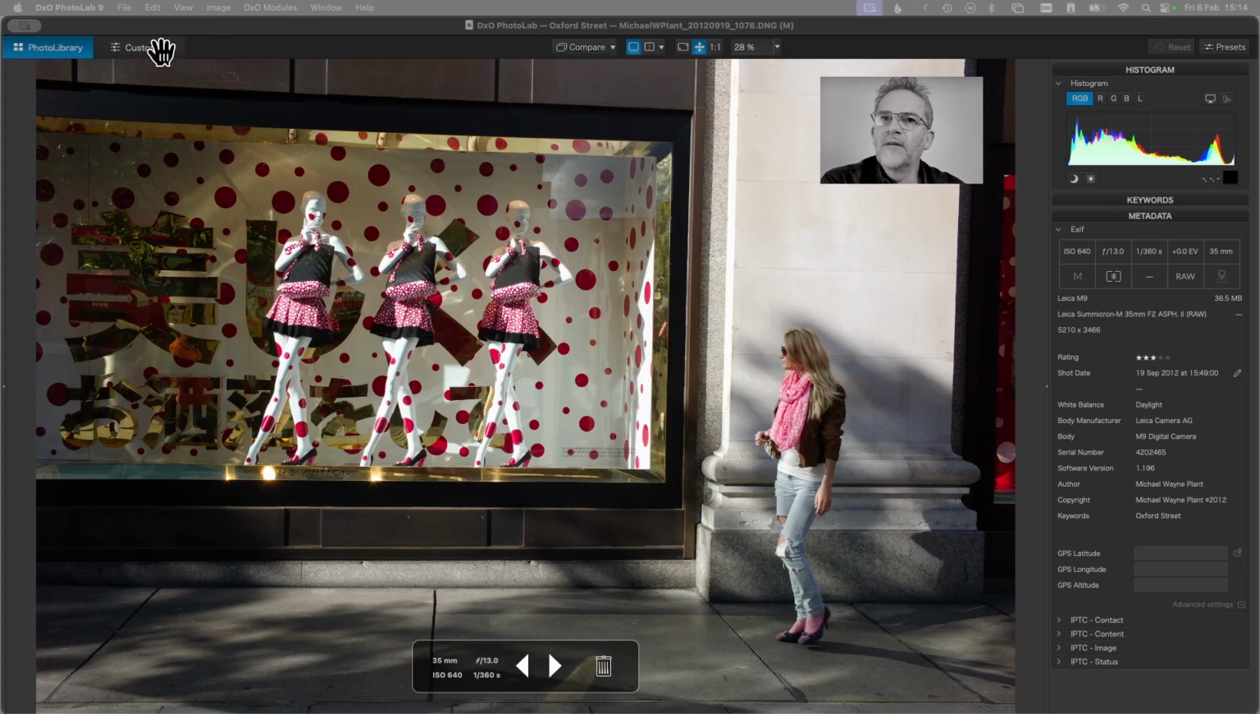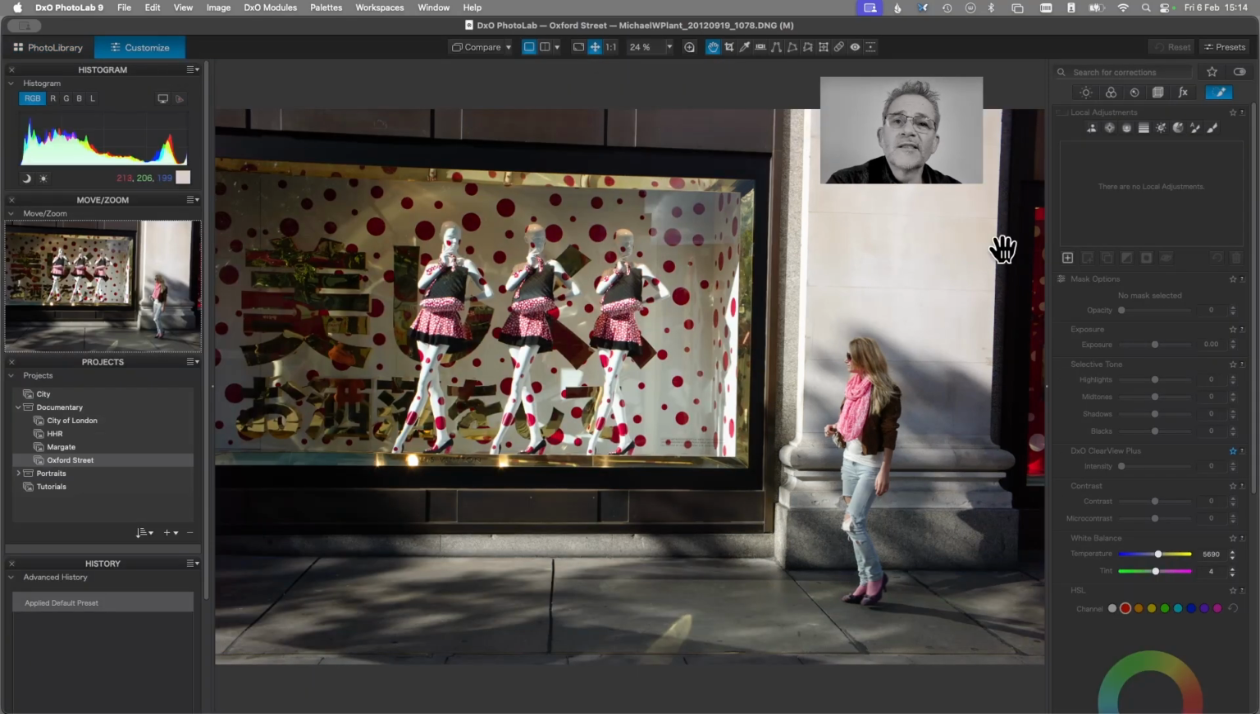Within PhotoLab, as I'm going through something, I might also decide that I want to give it a quick retouch or process the raw file a little to see if there's some information. For instance, the polka dots on the mannequin's legs look a little bit overexposed. I might want to jump into customize. Now the customize workspace,